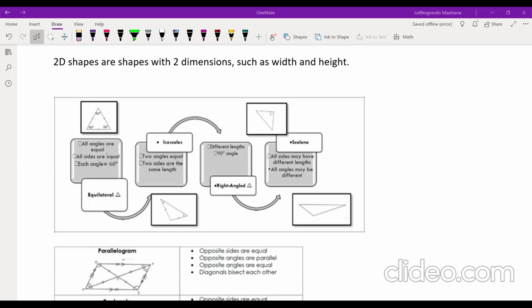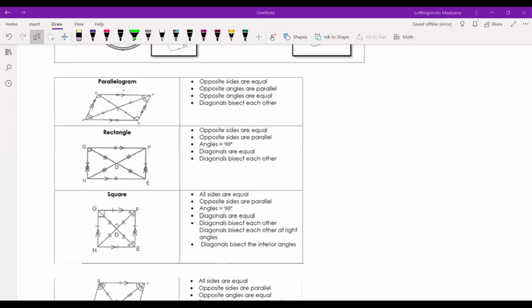One thing that I will mention here is that all the angles of a triangle must add up to 180. Let's take a look at the parallelogram. The first property says opposite sides are equal. Here they wanted to say opposite sides are parallel, opposite angles are equal, and diagonals bisect each other, meaning